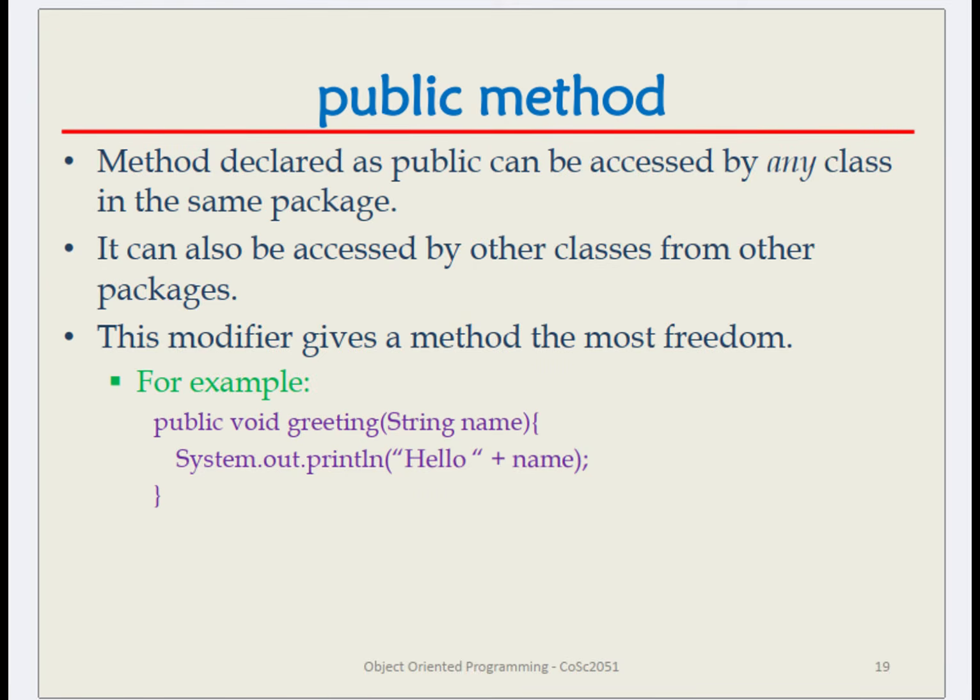Public. A method declared as public can be accessed by any class in the same package. It can also be accessed by other classes from other packages. This modifier gives a method the most freedom. For example: public void greeting(String name) { System.out.println("Hello " + name); }